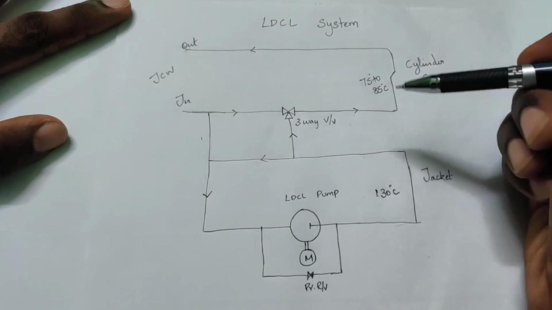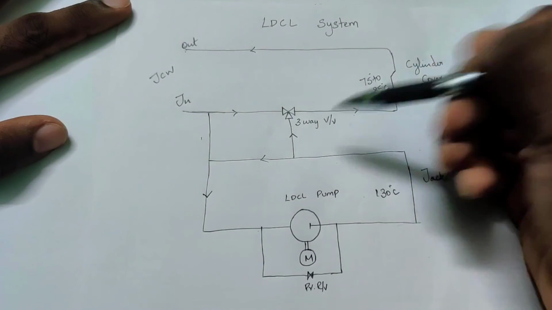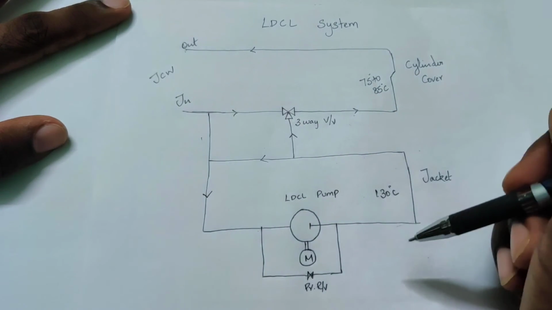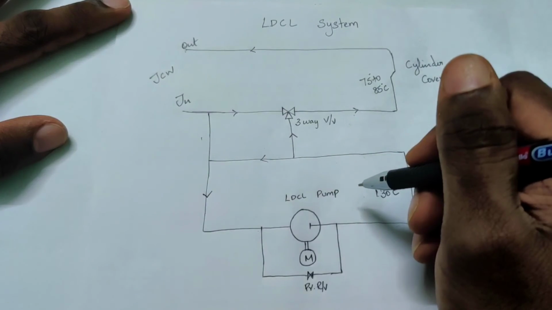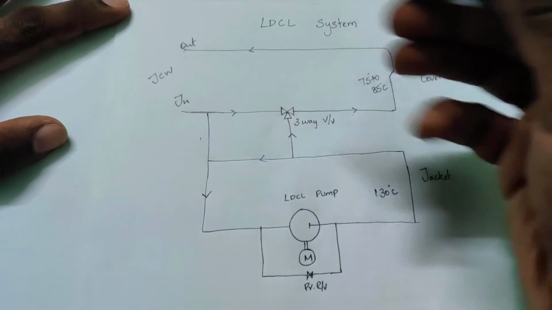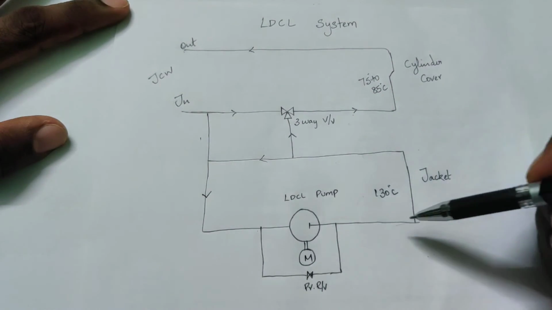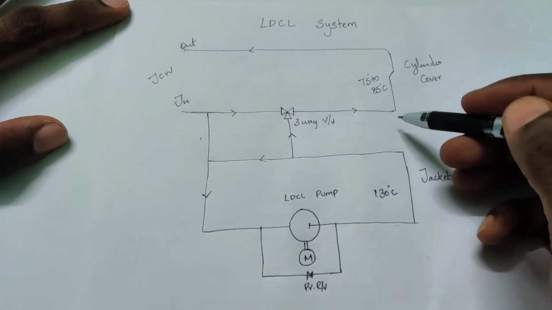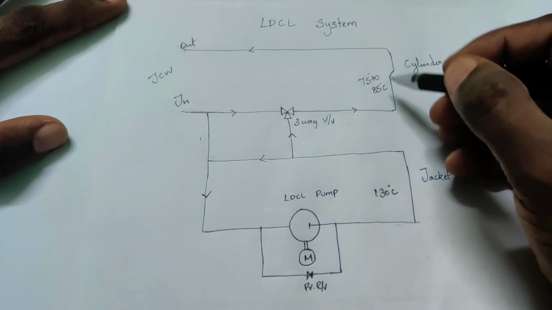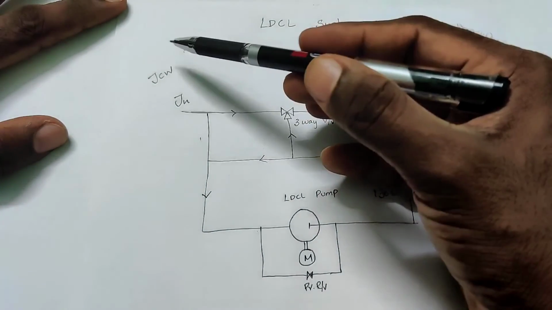In this system, as you can see, they have separated the cylinder cover and the jacket using a three-way valve, and the bottom circuit of the jacket is also equipped with an LDCL pump. The pump pumps a pressure of about 4.8 bar in this system and maintains it as a whole. When the water comes in, it circulates in this circuit and maintains the temperature of 130 degrees Celsius, whereas in the cylinder cover, water comes in a direct bypass, goes to the cylinder cover, and then